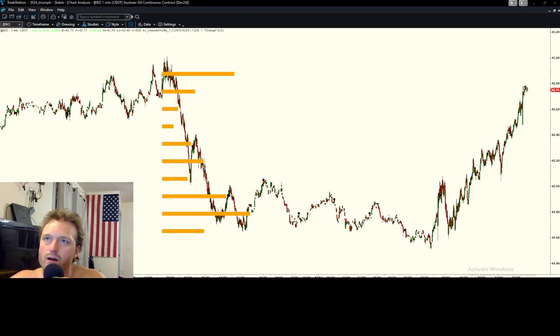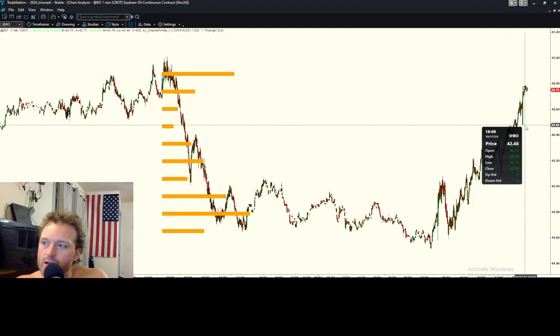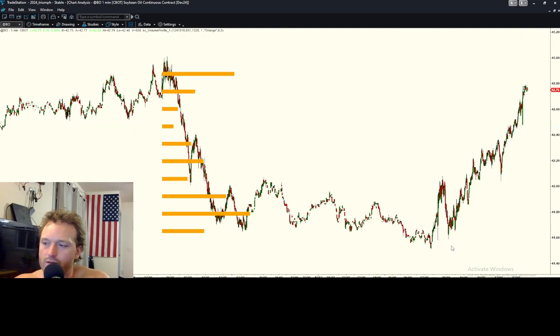All right, so I'm looking at soybean oil, and it opens up right here, right? This day went from here. I started here, up, up, up, really bullish trend upwards day, and in the overnight it opens right here. Okay, and I realize this chart is all scrunched up, but what we see here is look at the volume